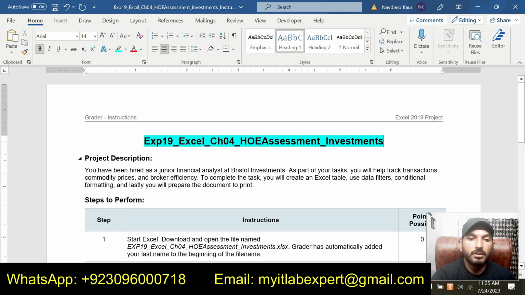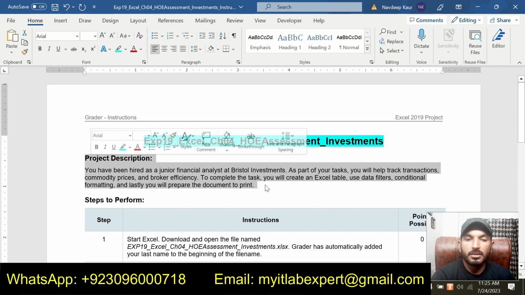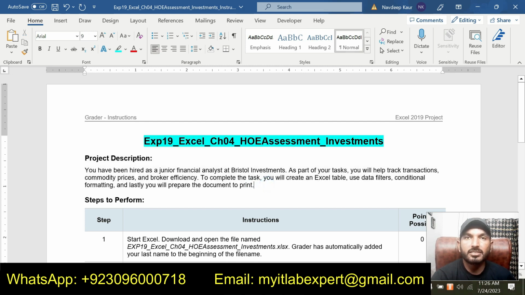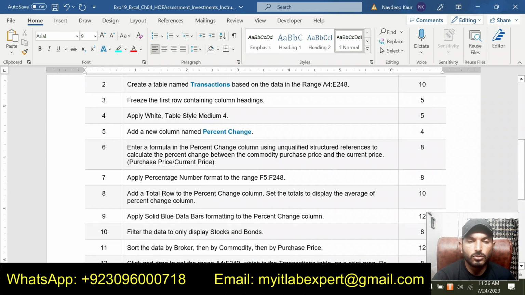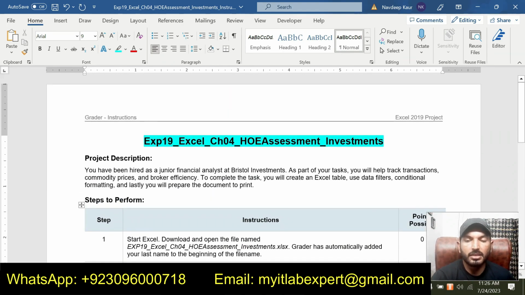At the start of the instruction file you can see the project description. Please go through it and you will get an idea about the assignment. I will start solving from step 1 now, because the main part of the instruction starts from step 1. There are a total of 14 steps in this assignment and I will solve those steps in this video.